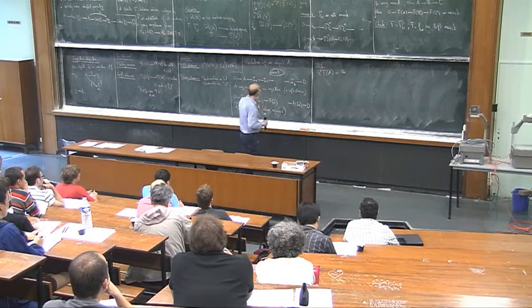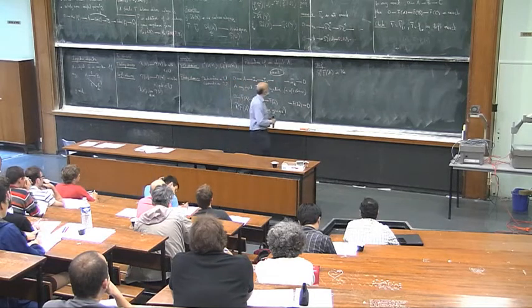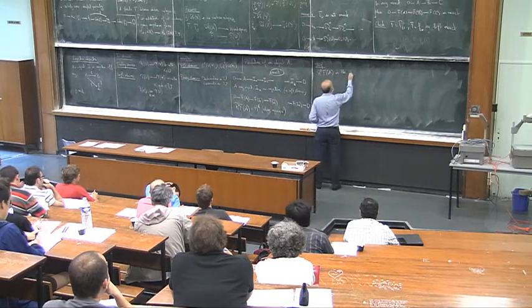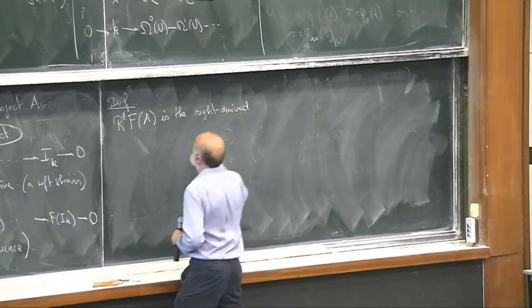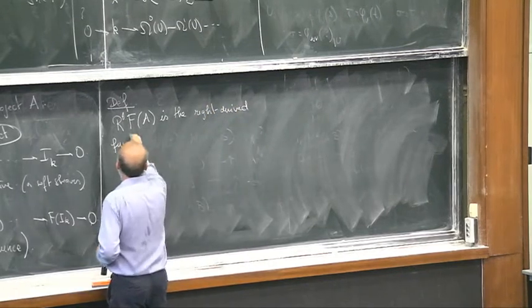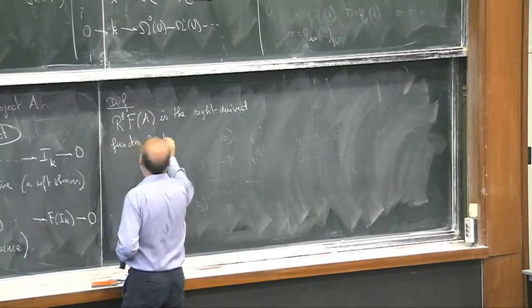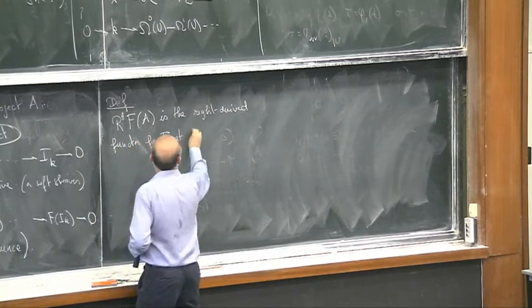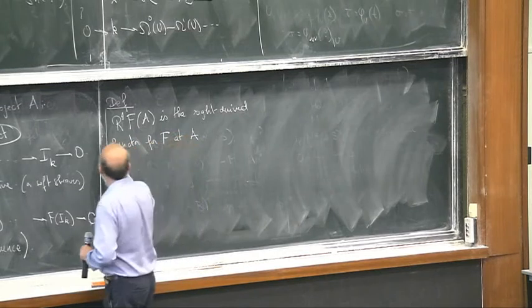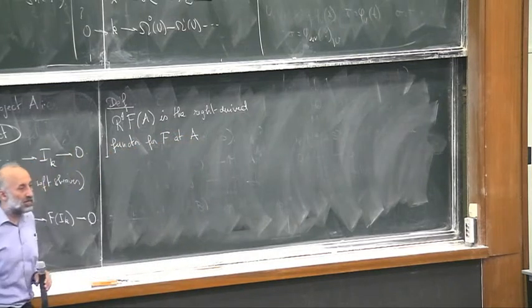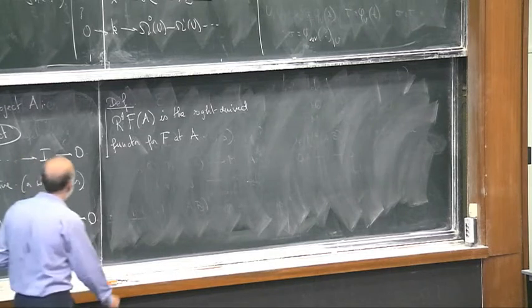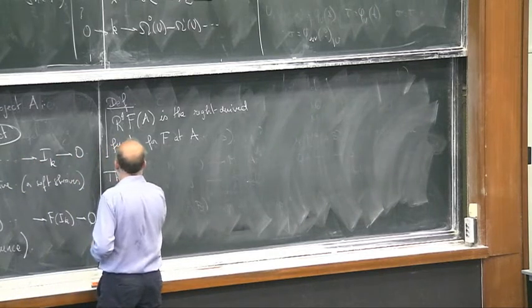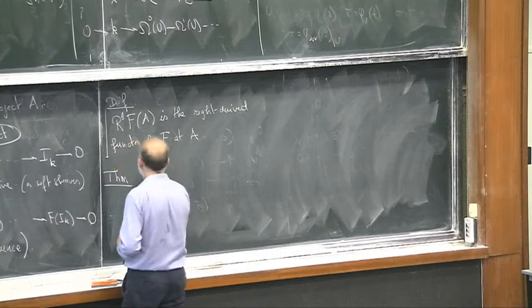The derived functor is going to be something a little bit more complicated, but is the, well, let's say, right derived functor for f at A, something like that. Exactly. So that's the theorem, which I'm not going to prove here, that